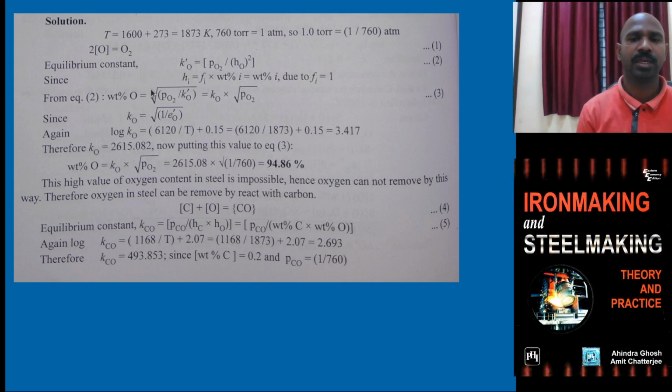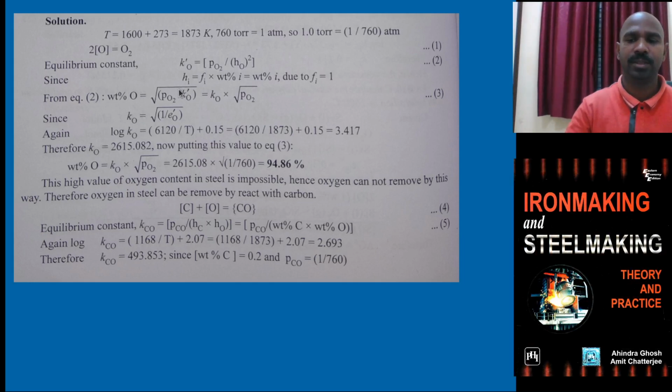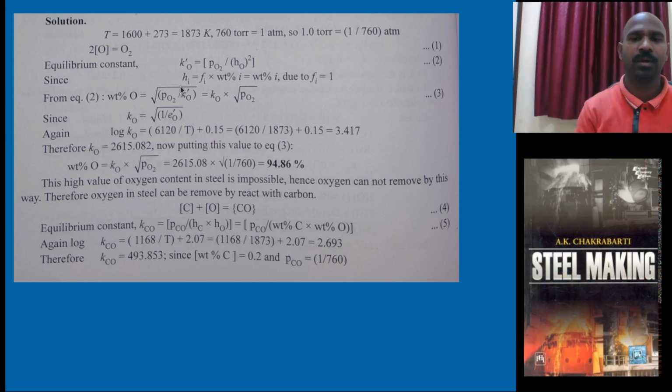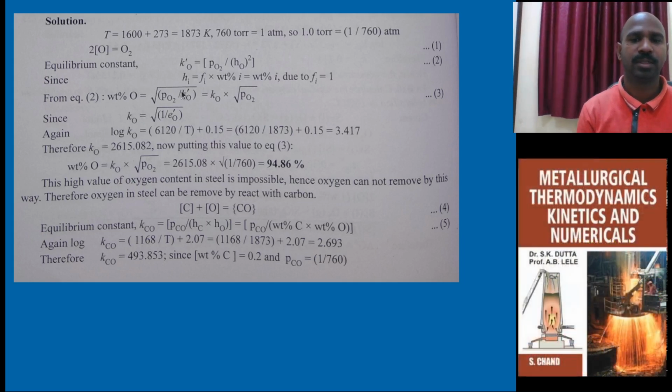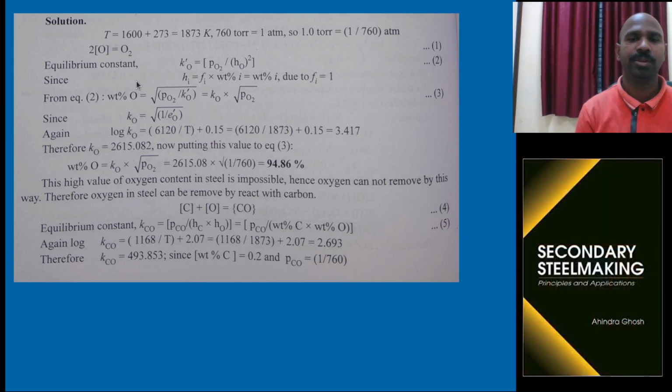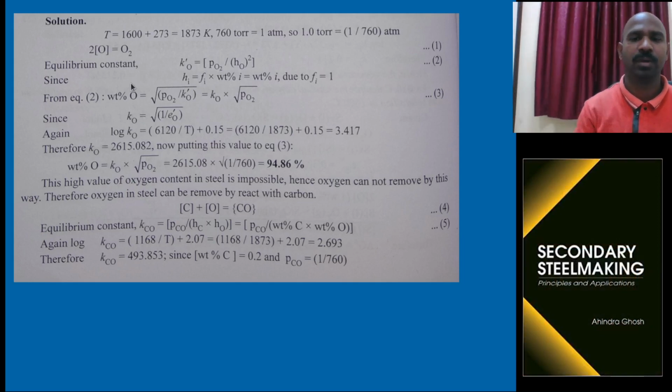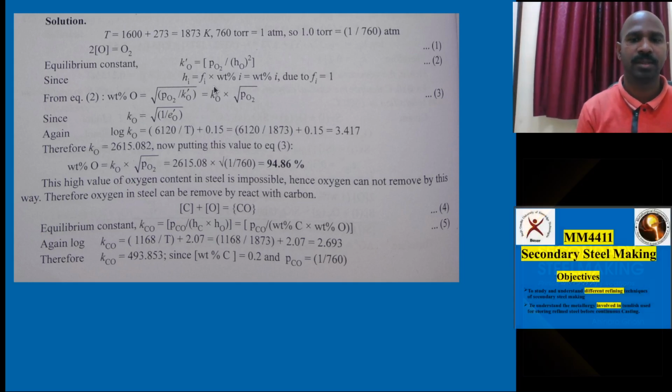First equation. And for this equation, calculate the equilibrium constant. There was some trick involved where it is written K apostrophe, or K dash, for oxygen when calculating the equilibrium constant. When you apply the equilibrium constant, since oxygen is in gas form, you apply partial pressure, and since oxygen is dissolved in the liquid steel, you apply Henry's law, and it is multiplied with 2, so you will be taking the square.